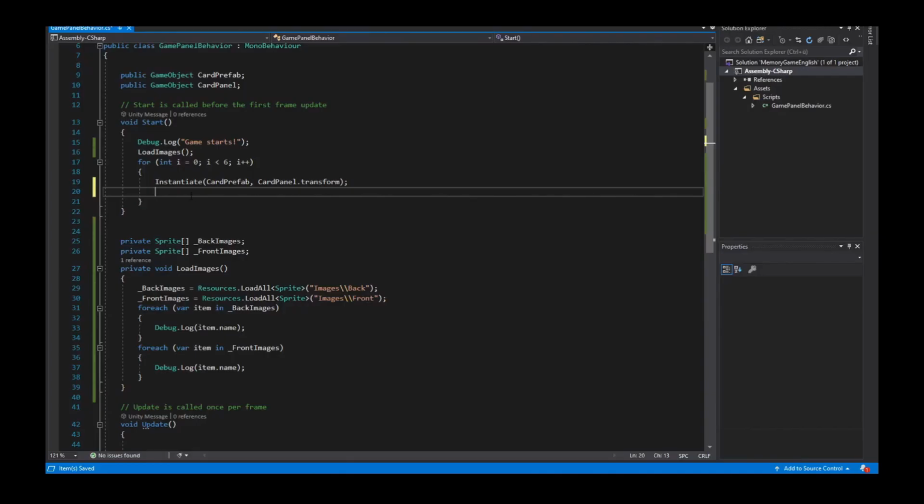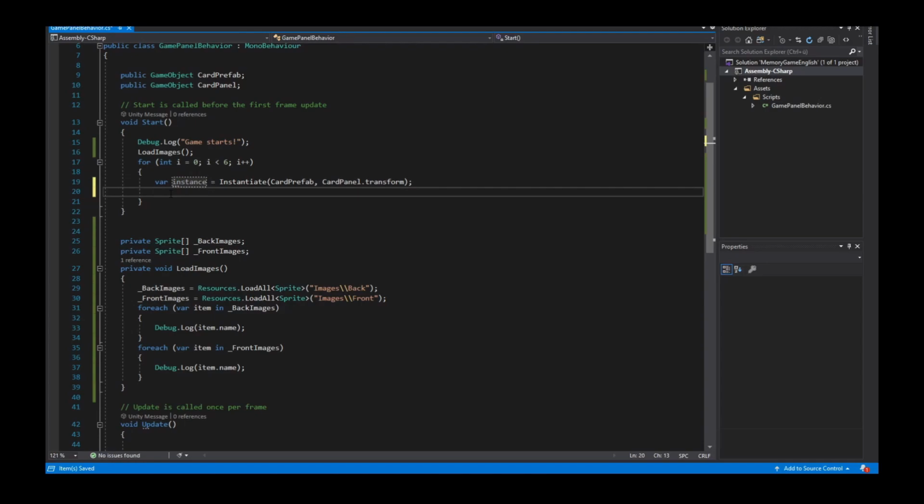So we call the instance. From this Instantiate method I get a game object. I call it instance,